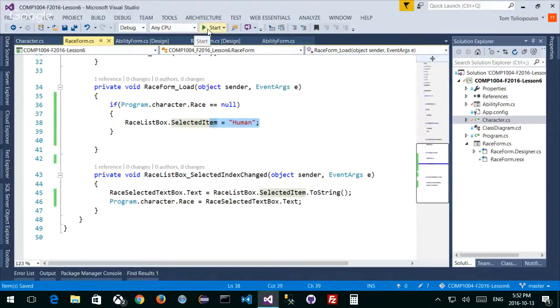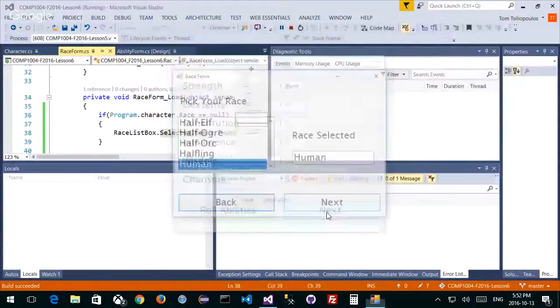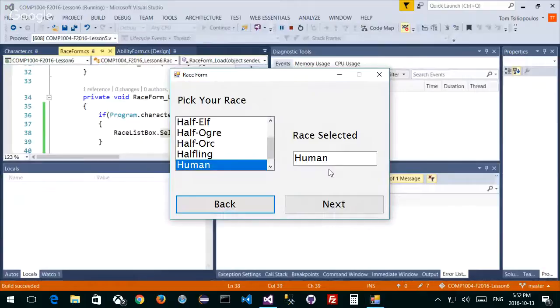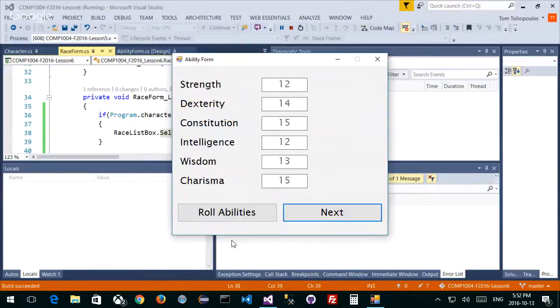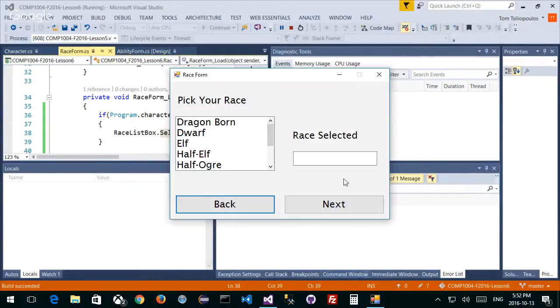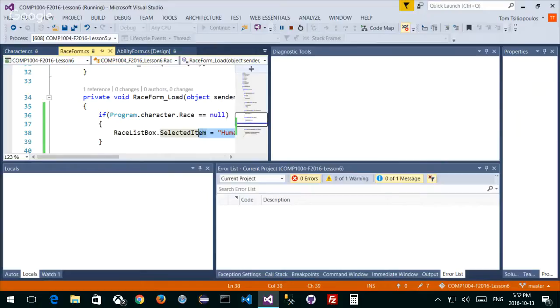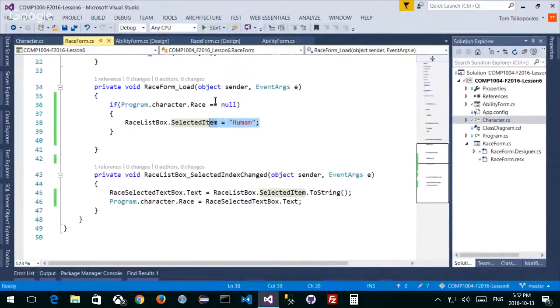Let's try this out. So next, human. That means it hasn't been selected. Okay, but what if I select it, like Halfelf, and I go back, and I come forward? It's nothing. That's good. That's what I want to see. Okay, so now what I want to do is, when it's selected, so when this is, if it's not null, so else,